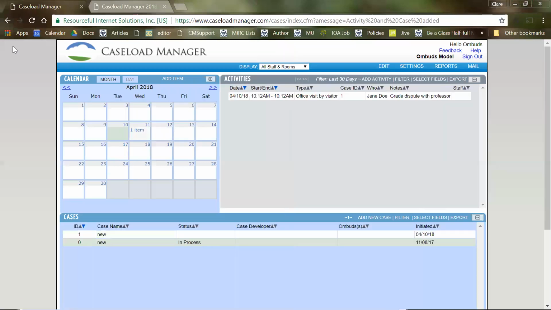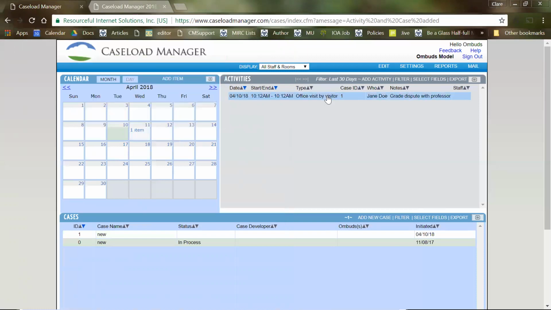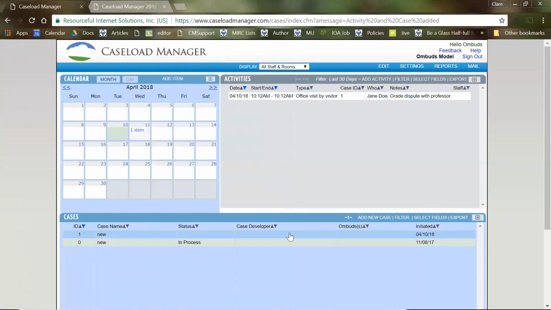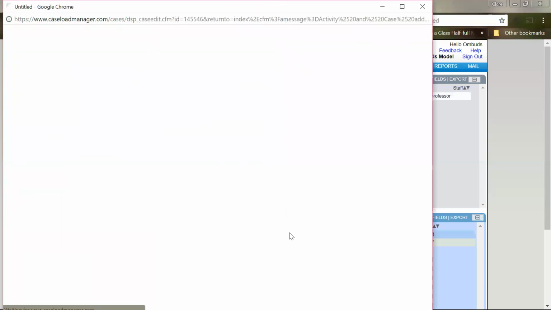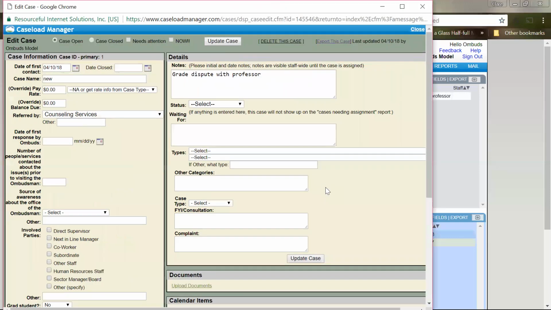Okay, so when I do that, 3 things happen. We have a new calendar item here on the left, new activity on the right, but now what's really exciting is our new case here down in our case list. So I'm going to click on that, and what we have here is,